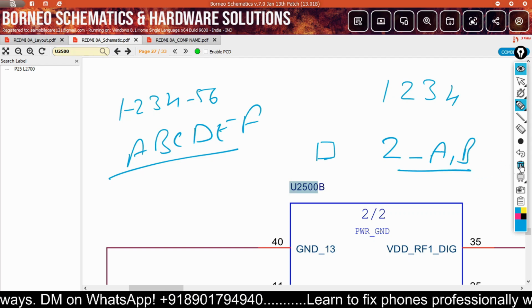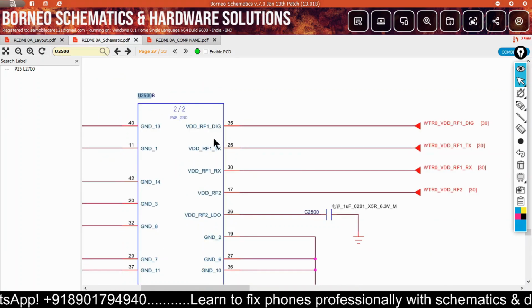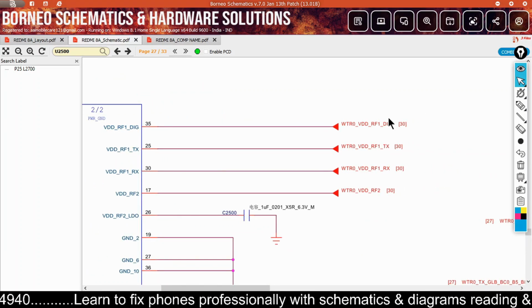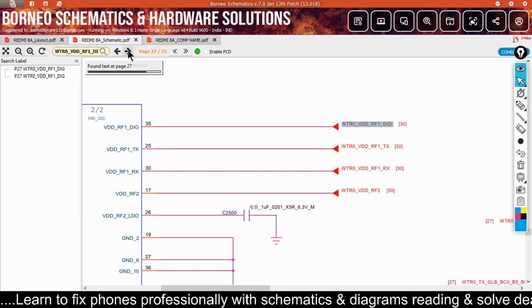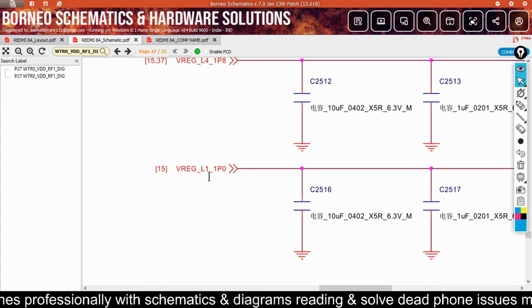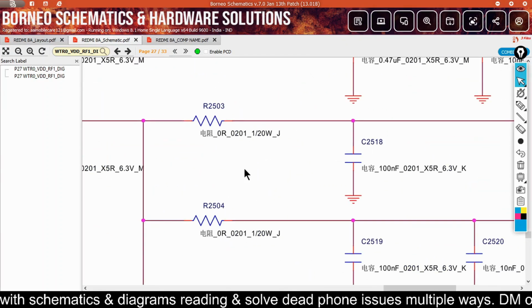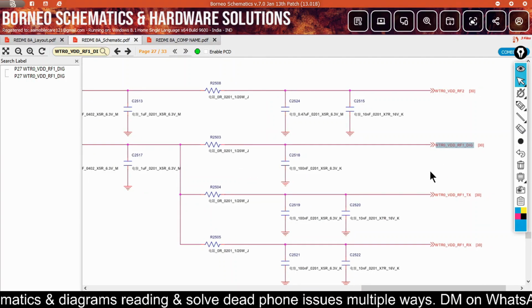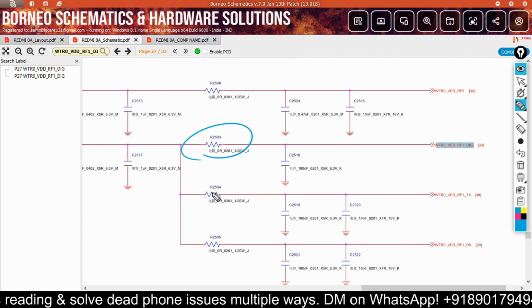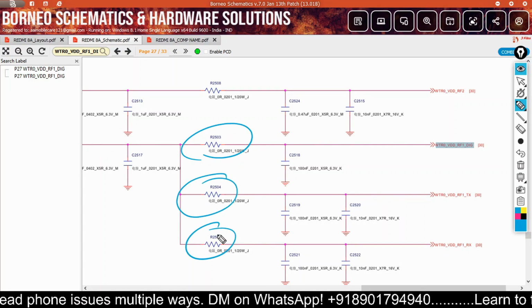So let's see the voltages. This one, a DIG, right? There is a 1, 2, 3, and 4. Now copy 1 and then next. Now this line comes from VRAC L1, LDO1, 1.0 voltage. Remember, this line enters in 3 ways, right? All 3 ways have a resistance in series, right? Like